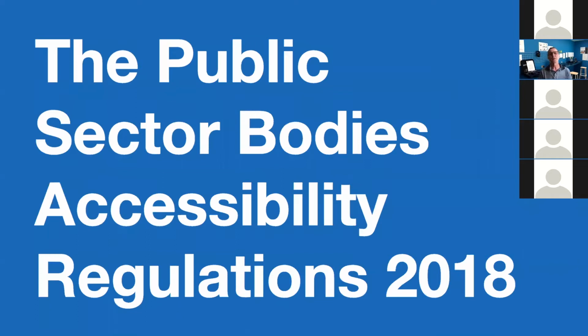And these are known as the Public Sector Bodies Website and Mobile Applications Accessibility Regulations 2018, shortened often to the Public Sector Bodies Accessibility Regulations or just the Accessibility Regulations. They mean that public organisations have a legal obligation to make their websites and mobile apps accessible to people with